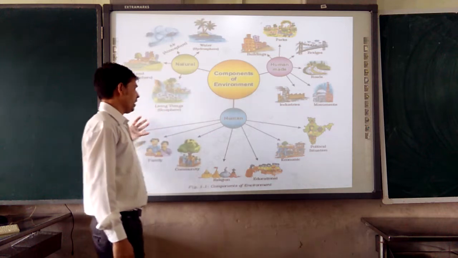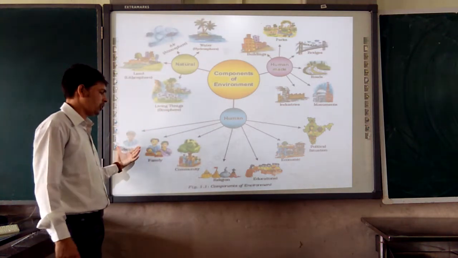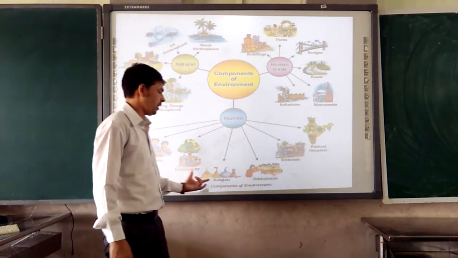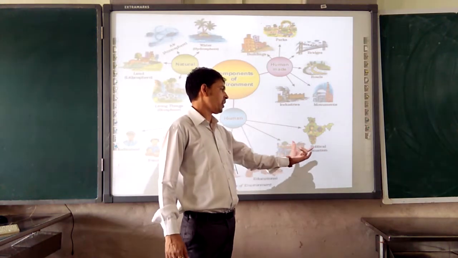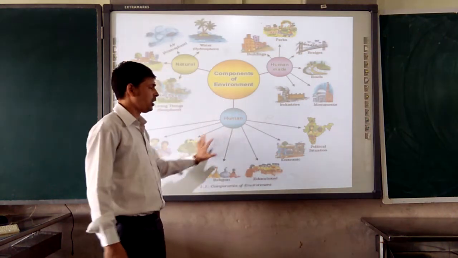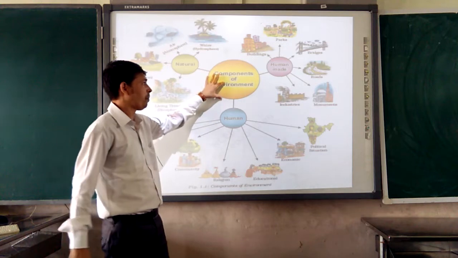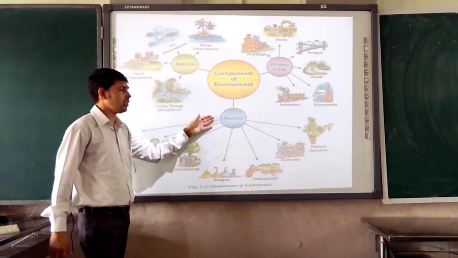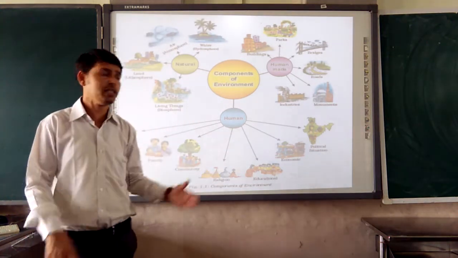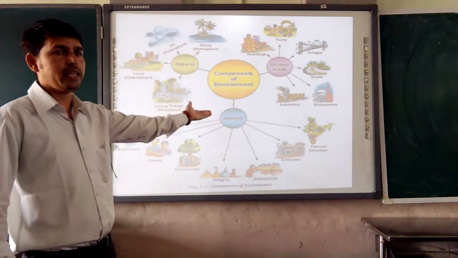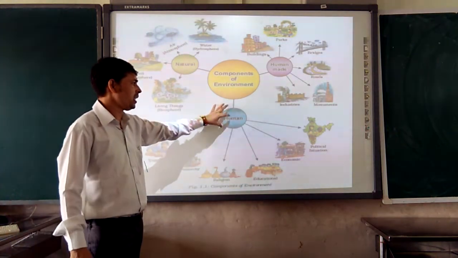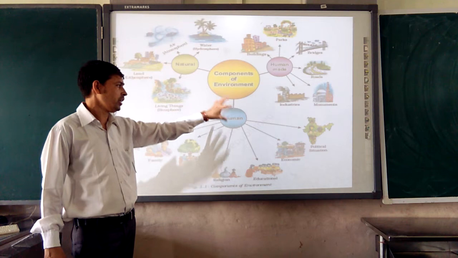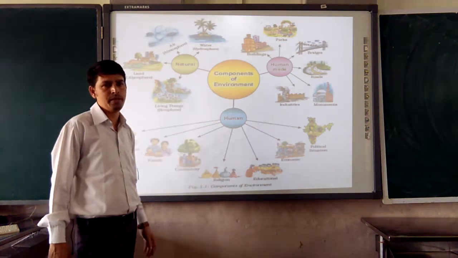Then they have relationships among each other: individual, family, community, religion, education, economics and political situation. All of this, the human being itself, is one of the parts and components of environment, because human beings, according to their needs, modify the environment and place themselves as an important component of that environment.